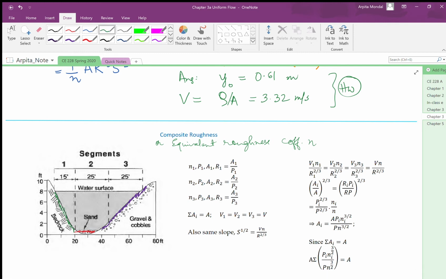Let N1, N2 and N3 denote the corresponding Manning's roughness coefficients, and the corresponding wetted perimeters are denoted by P1,